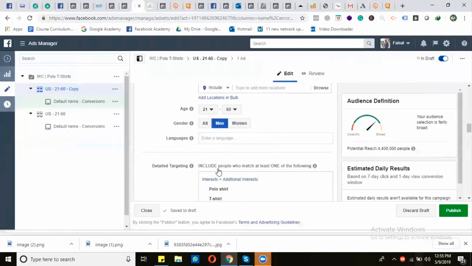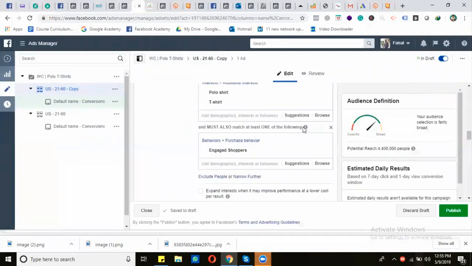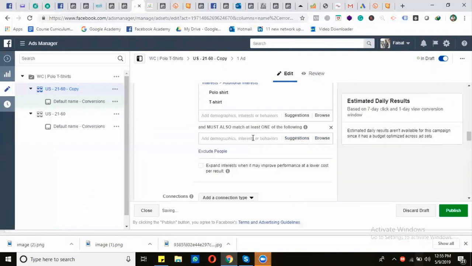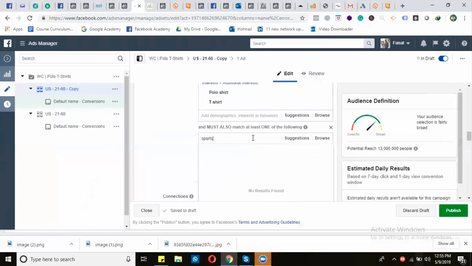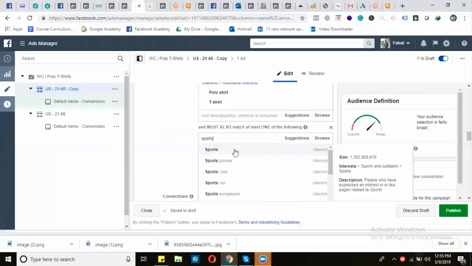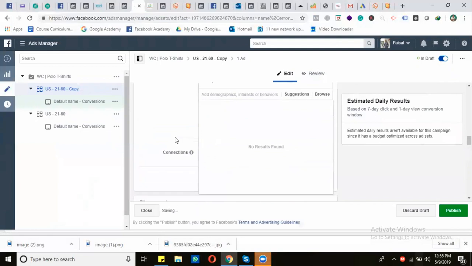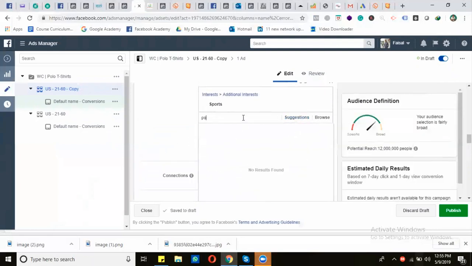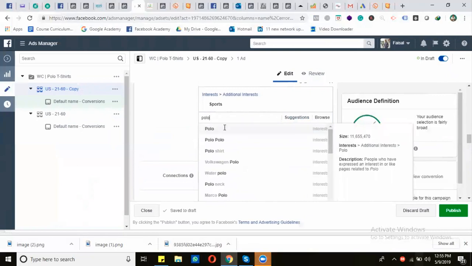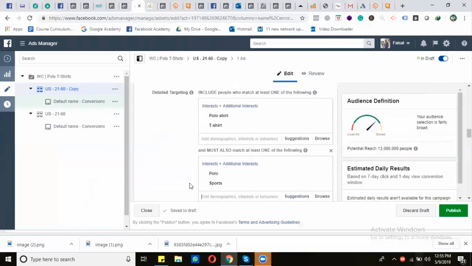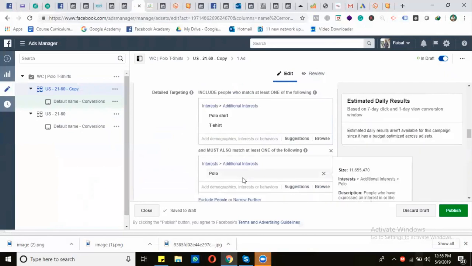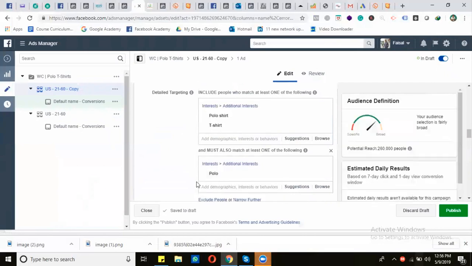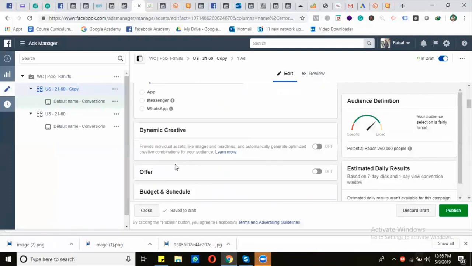In this example, this one was for the engaged shoppers. Now we can put the sports category, sports, and just put polo, since sports is too broad a category, so I have just put polo.